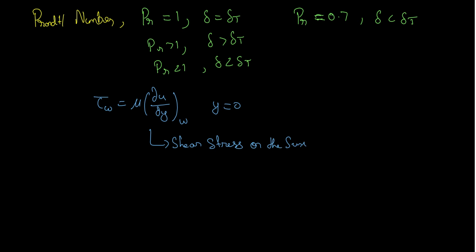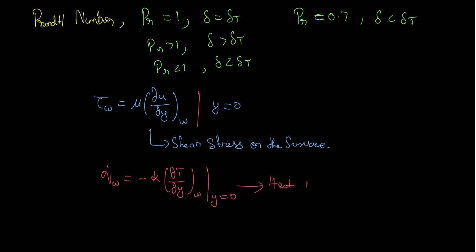And similarly, from the thermal boundary layer, we can say that due to the thermal boundary layer there will be a heat transfer. So I can say my rate of heat transfer, which is q dot calculated at the wall, can be minus kappa times dou T by dou y, where kappa is the thermal conductivity constant and T is our temperature. We are taking the gradient along the y axis, calculated at the wall, which means calculated at y equals 0, and this is nothing but the heat transfer at the wall.